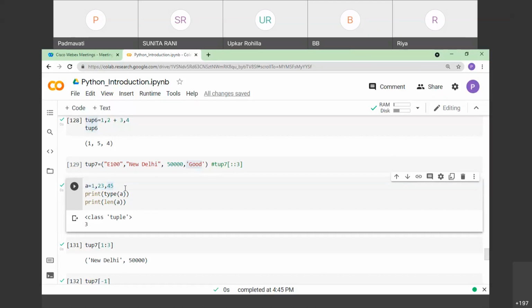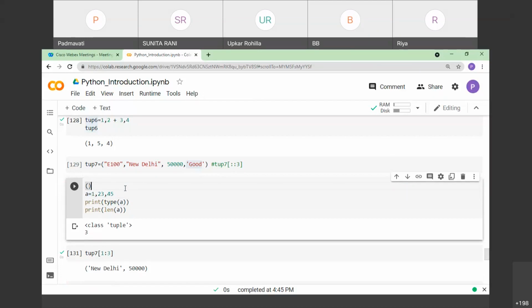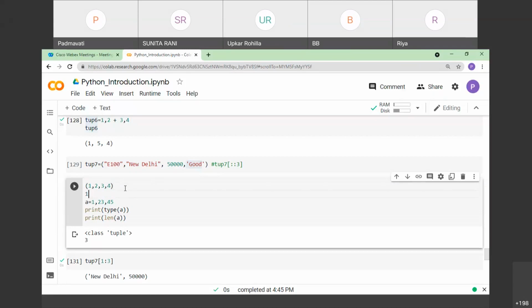I explained in the tuples definition, how do you create the tuple? You can create the tuple with the help of parentheses. Parentheses are optional, and you can write elements, and you just need to separate individual elements with the help of a comma. This is what I explained, and this is equivalent to this tuple. The first tuple is the same as the second tuple, correct?